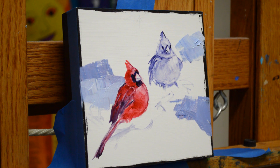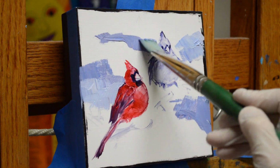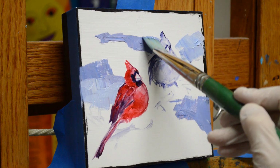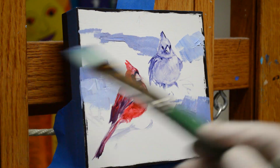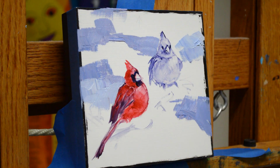I'm just kind of blocking in my lights and my darks of the background, and so I want just some abstract shapes back here, that these all lead you into the birds. Even though it's abstract, these are lines that bring you into the birds. There's a branch back here that brings you in. Also have some